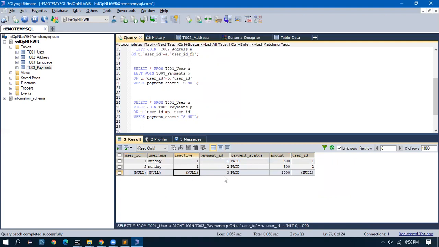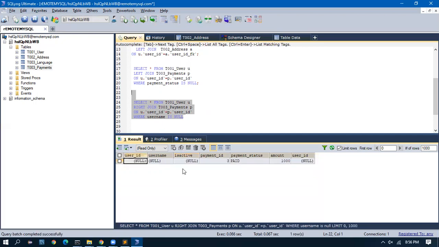Okay, I have 3 records who have done the payment. Of these 3, 2 are having a username. He will ask, don't give me the records which have a username. In that case, we have to go here where username is not equal to, no, is null. Bring out the record where the username is null. So we will get one record. We will give it to him that, okay, there has been some payment without any user ID mapping. So this is the actual live usage of left join and right joins.